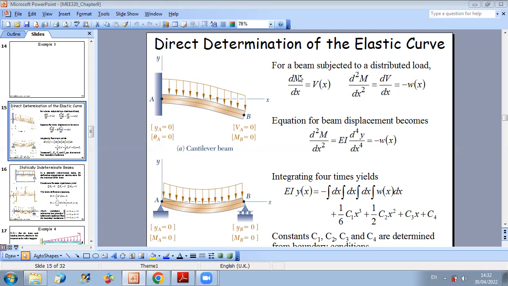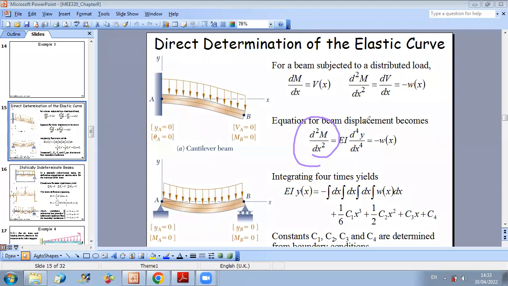that the first derivative of M with respect to x is the shear. And we know that the derivative of shear is minus w(x), taking w(x) positive downward. So if we replace V by dM/dx, then we can say that minus w(x) is the first derivative of V and the second derivative of bending moment with respect to x. And now we have already established that the second derivative of M with respect to x is equal to EI